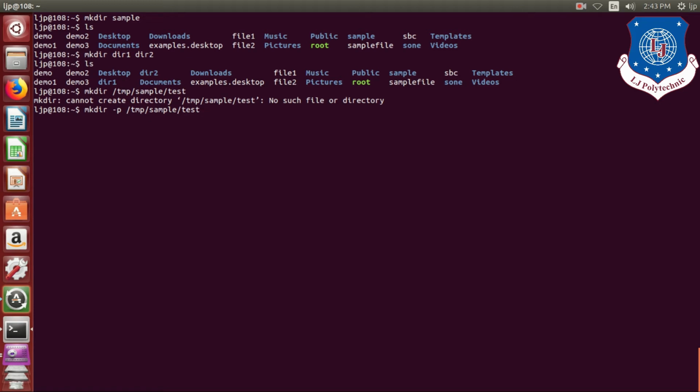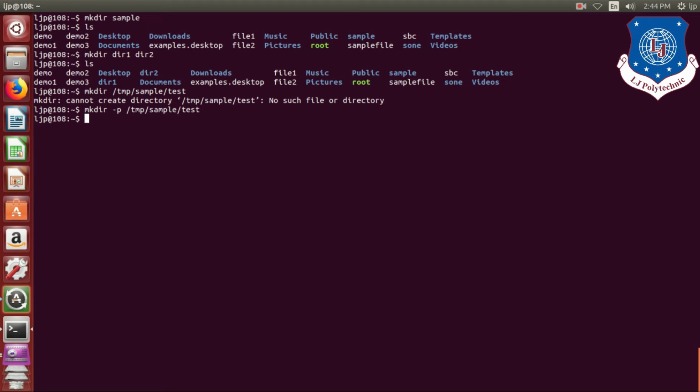So as you can see, it has not generated any error message now because it has created the parent directory which was previously missing. So using this option, that is P option, you can create all the missing parent directories.